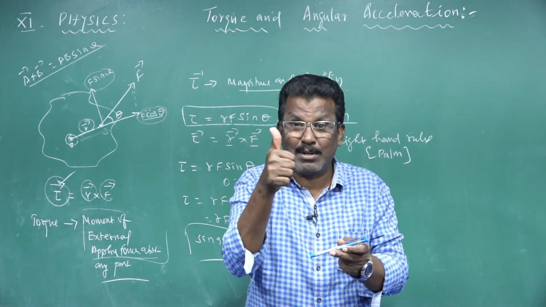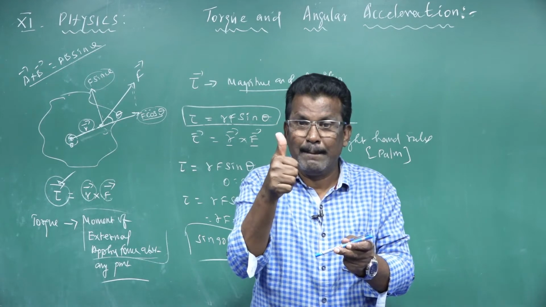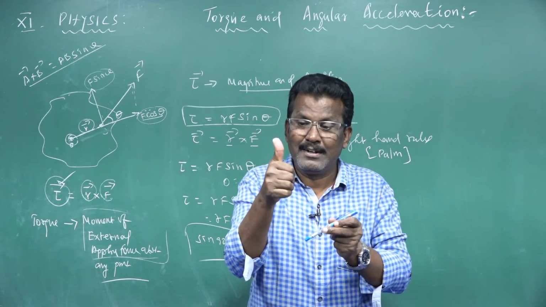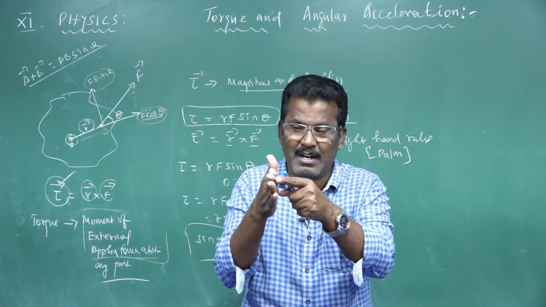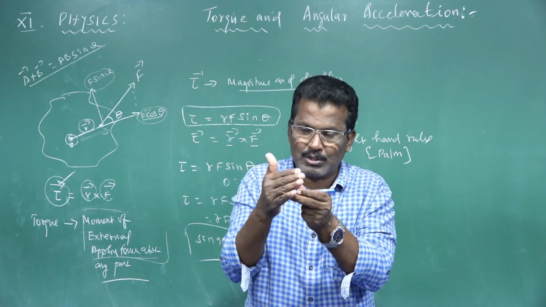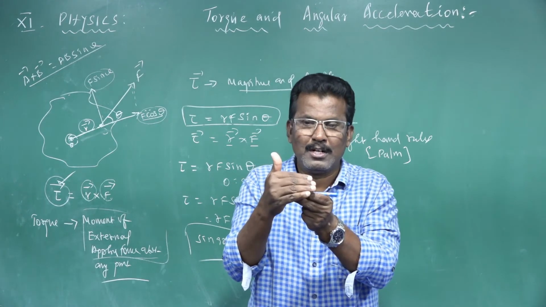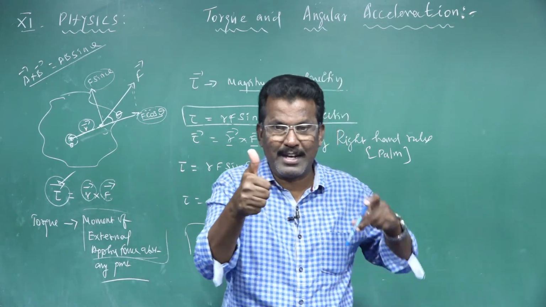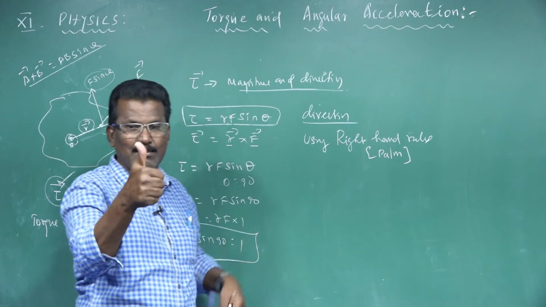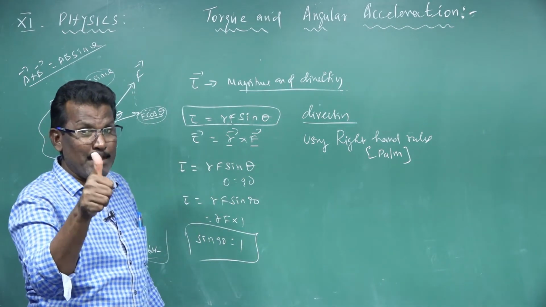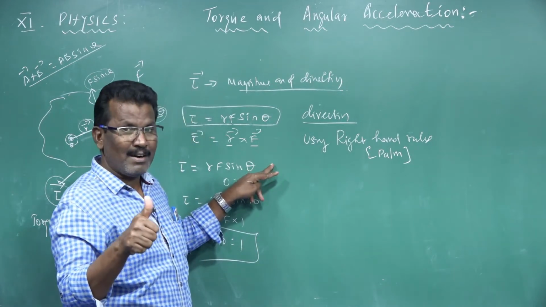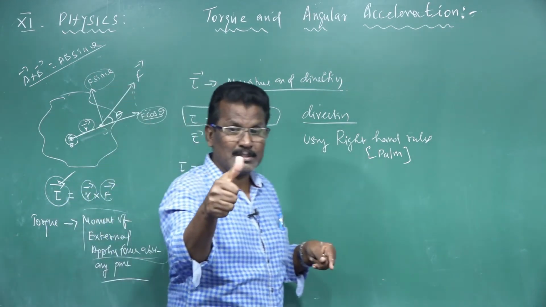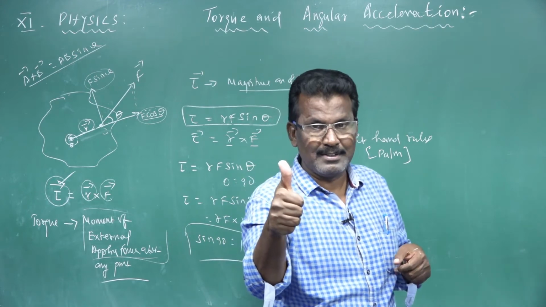So the direction of the torque can be determined with the help of the right hand palm rule. The fingers show the direction of the position vector and the palm shows the force. With the curling fingers, the force shows its direction. The thumb shows the direction of the torque. There are two types of torque direction, so what are the two types? The thumb shows the direction of the torque.